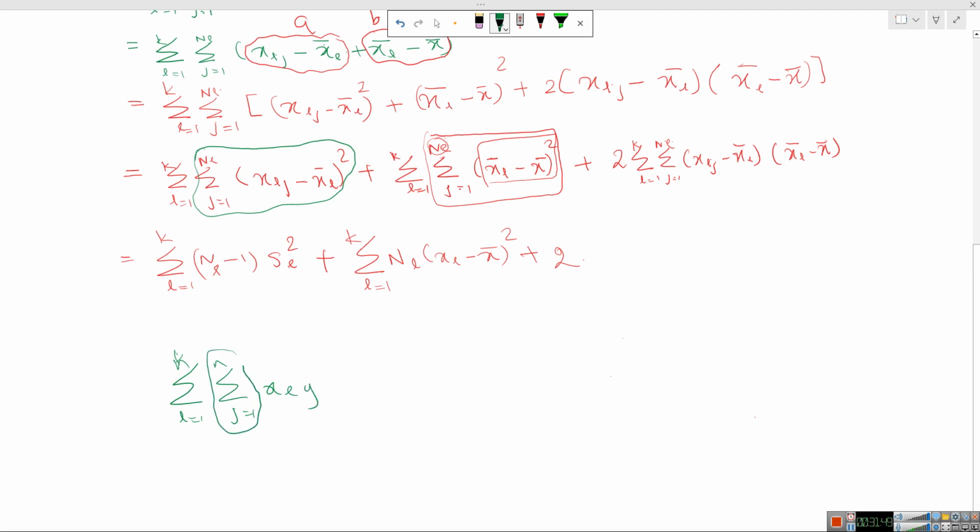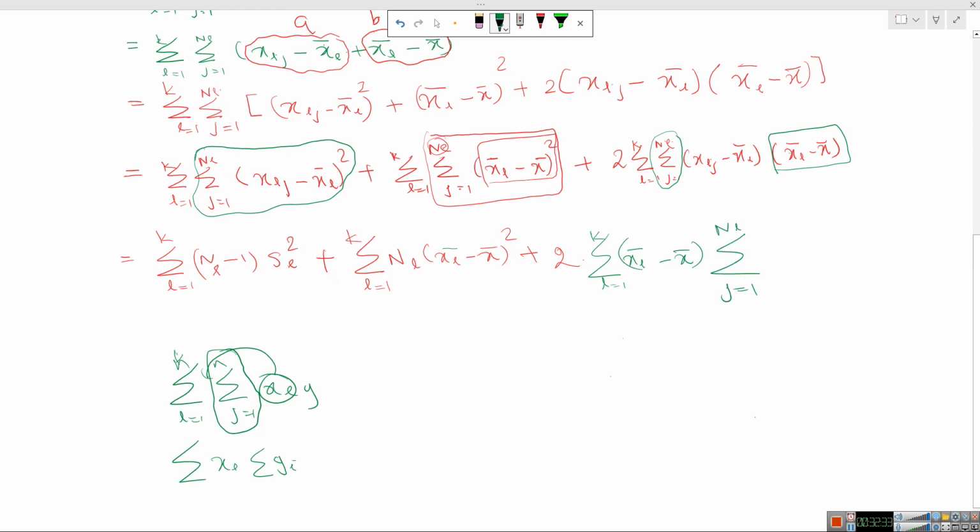So for this summation this xi is constant, so we can take this out. So this can be written as summation xi summation yi, right? Likewise, if you observe this one here, i terms and j terms are here, so this is a variable, we can put values for j here, but this term is constant. I mean, for this summation this is constant, so I can take this out. So 2 into summation i is equal to 1 to k xi bar, here also bar, I forgot, xi bar minus x bar into summation j is equal to 1 to ni,